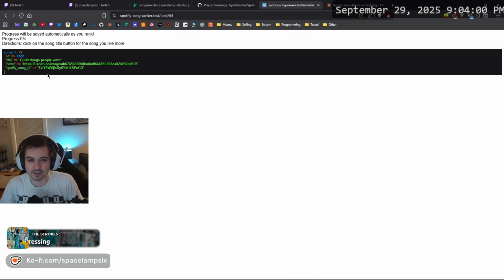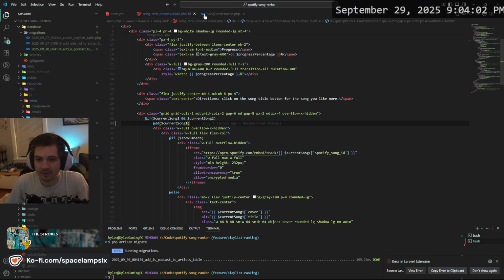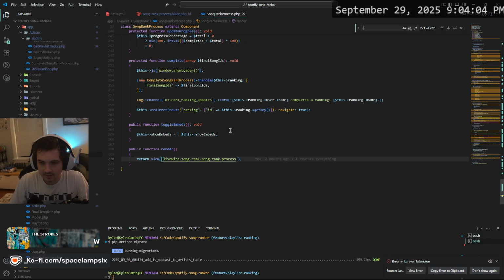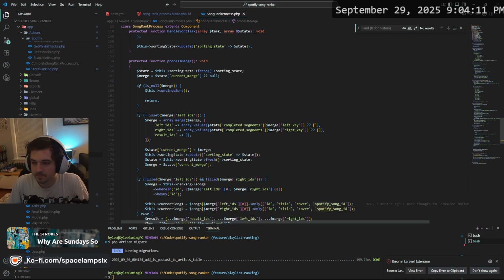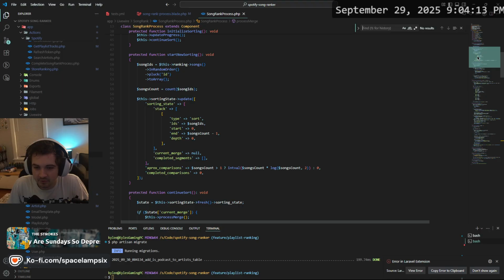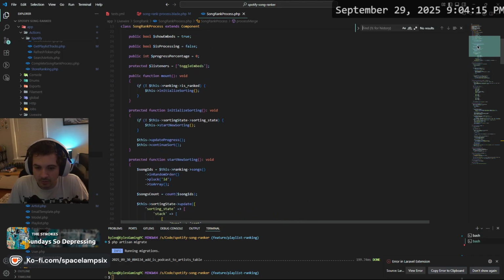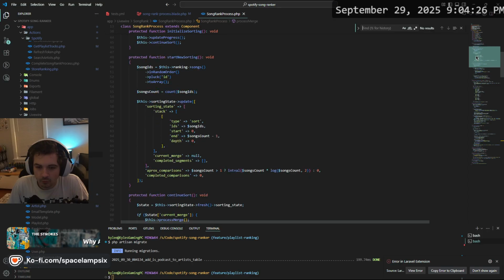All right, so I have to push into here: ID, title, cover, and Spotify ID. You're getting mapped somewhere, so tell me where. Initialize sorting. Start new sorting. Sorting state gets made. Songs count, song IDs.